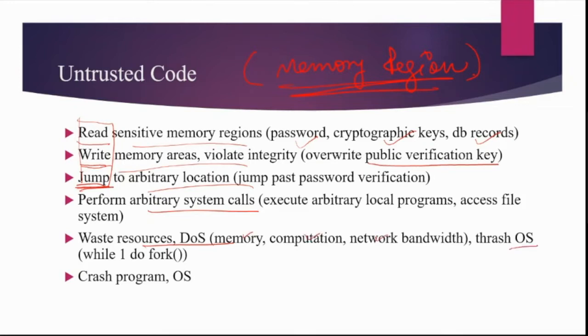They can crash the operating system. They can crash programs. They can crash systems. Anything they can do. But the most important, or relevant, effects that we can see are read, write, and jump operations. How can we protect these three things, or in abstraction, how can we protect our memory from tampering by untrusted code? So there could be quite a few solutions.